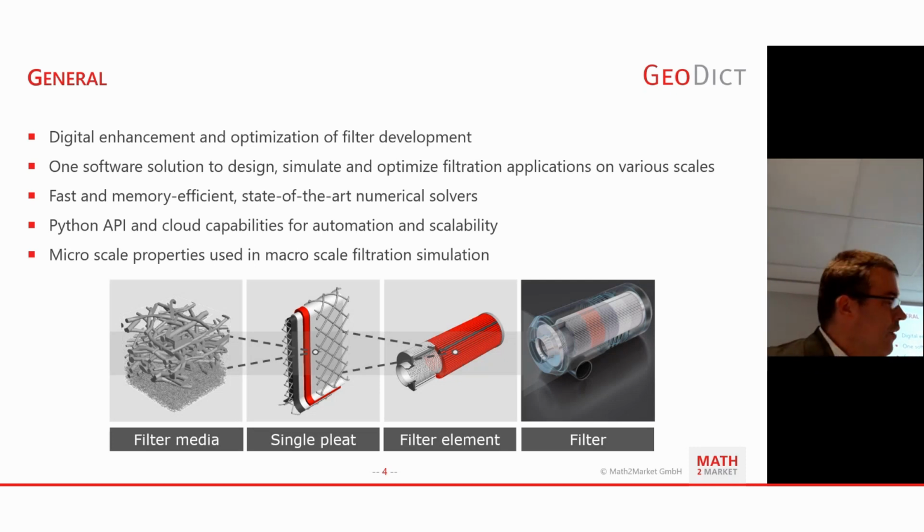So we start on the left with the filter media itself. We need those properties on a larger scale, not yet on the complete filter, but one filter element, be it one layer, one pleat, whatever, a sponge. And then the filter element itself, that's what we will replace in our workflow and encase in the complete filter, where we will then run our simulation. On this level, I want to highlight a bit on the complete filter.